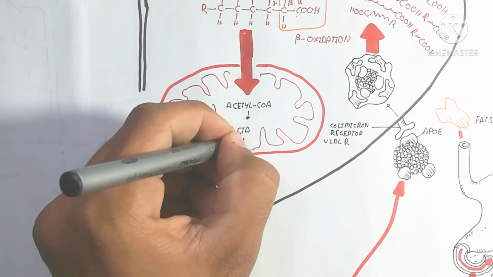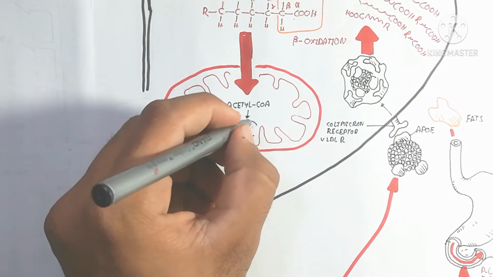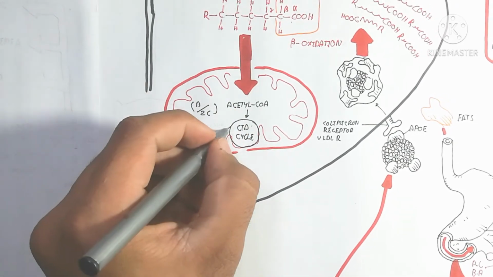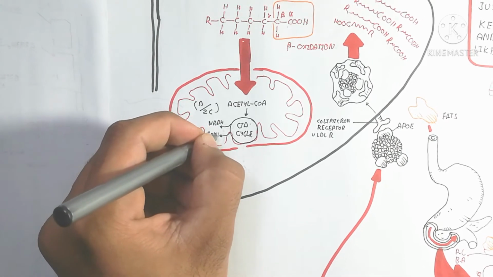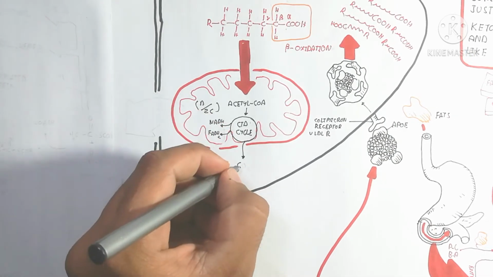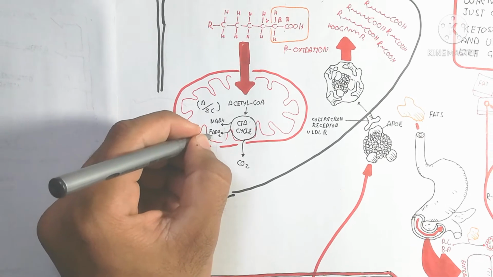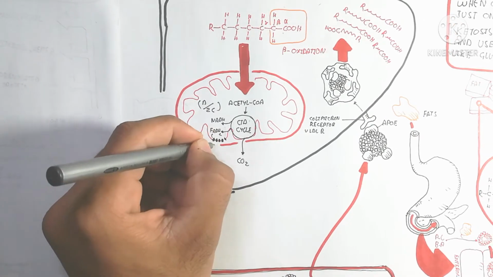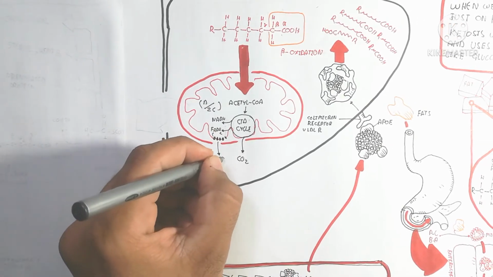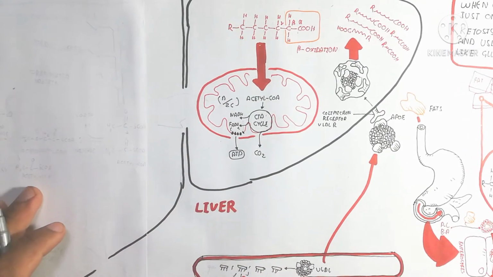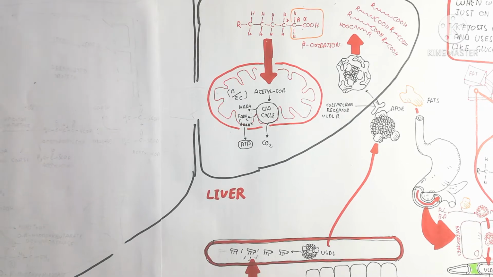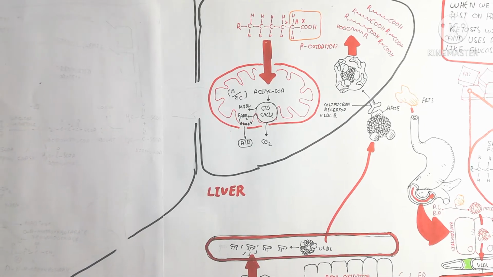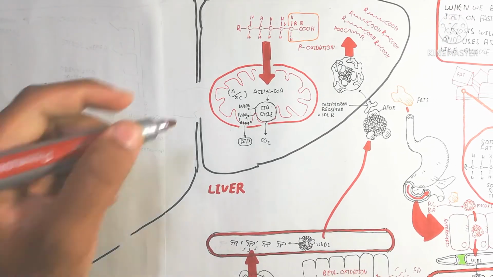So the number of acetyl-CoA depends on the fatty acid. The total number of carbons, n, divided by 2 carbons produces the number of acetyl-CoA, and that goes into the citric acid cycle and electron transport chain to produce ATP and carbon dioxide. This is known as beta oxidation, to